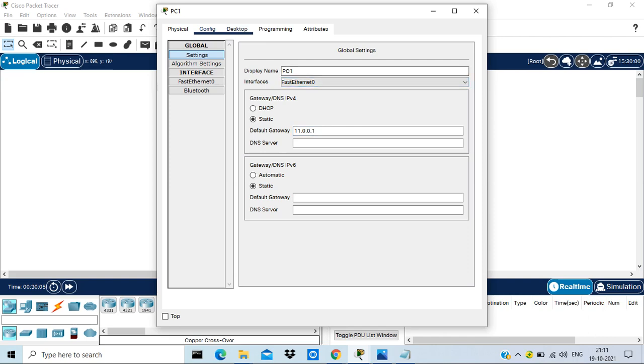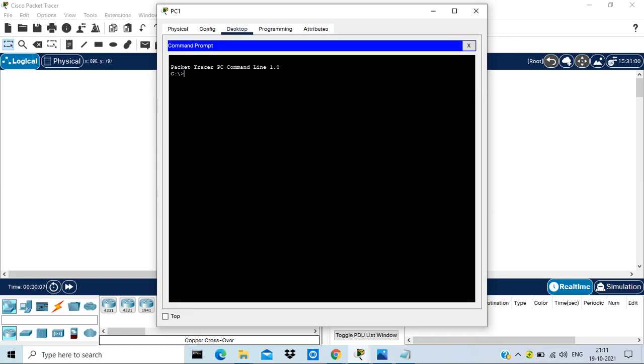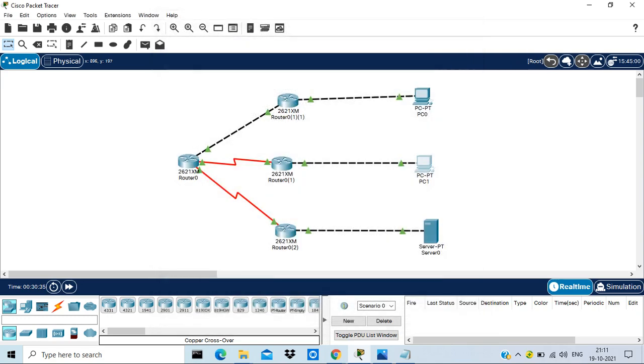And you can check the connectivity, because if you cannot access your local gateway, then you will not be able to communicate with the remote side. Even if your configuration is correct in the router, you will not be able to communicate unless and until you can communicate with your local router properly. So 11.0.0.1, I can communicate with my local router.